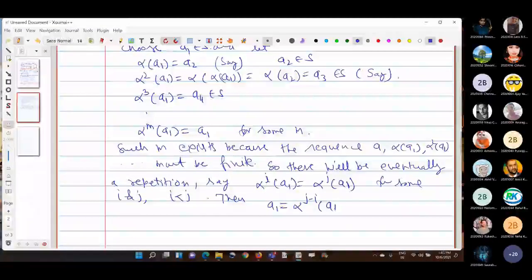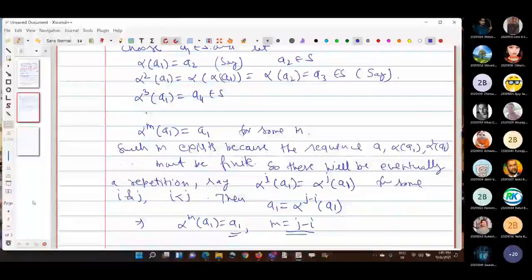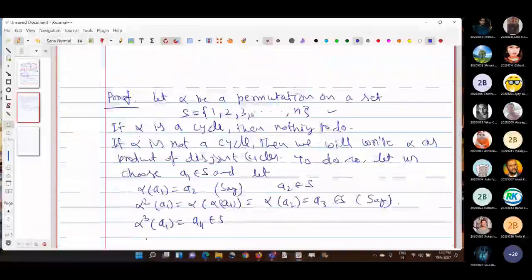This implies that alpha to the power m of a1 equals a1, where m equals j minus i. So after these many steps, we will be getting finally a1. Okay, so just like this, if you see here,